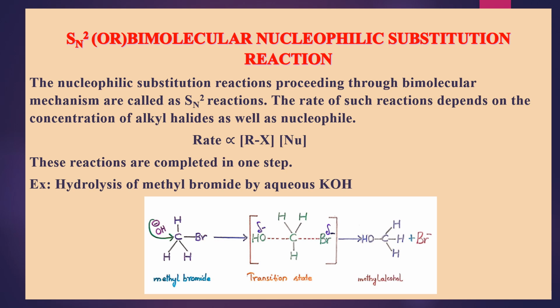Now, hydrolysis of methyl bromide. Hydrolysis means addition of water. So what is the nucleophile in water? OH minus. Now look here below, I have written CH3Br, methyl bromide, and OH minus is attacking the carbon atom. The first step goes like this, students. The OH minus ion is called the hydroxide ion, and this is the nucleophile.